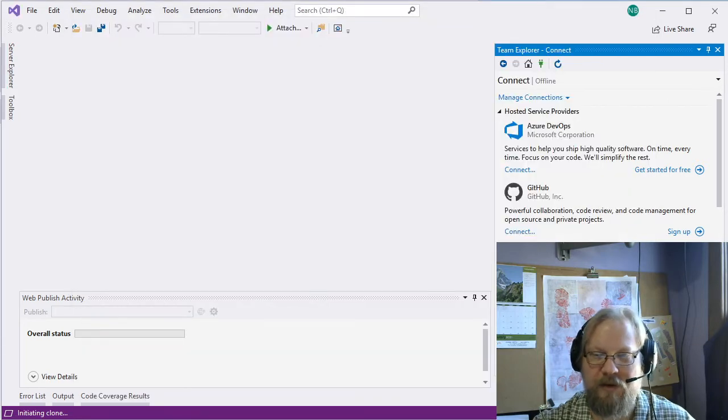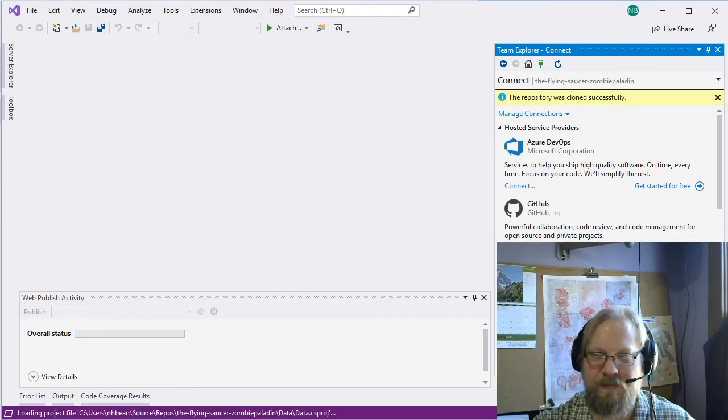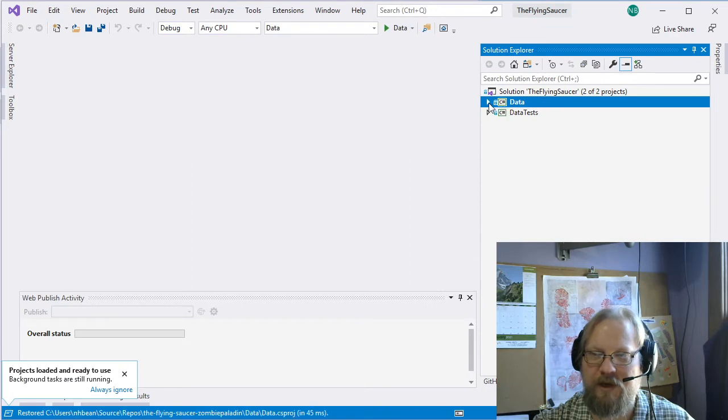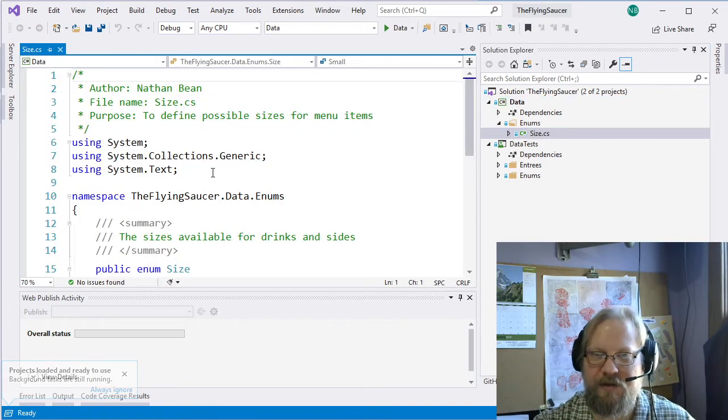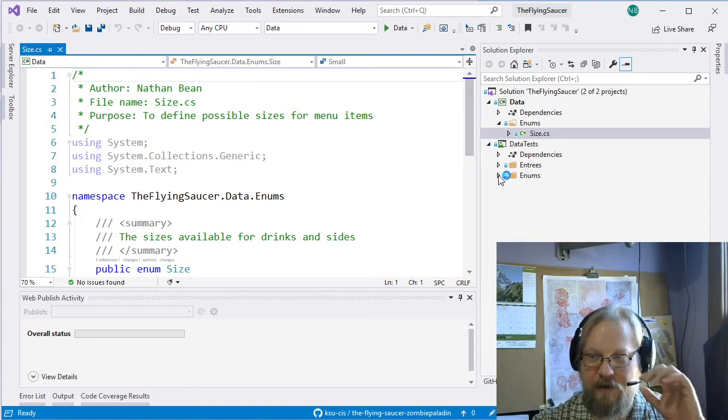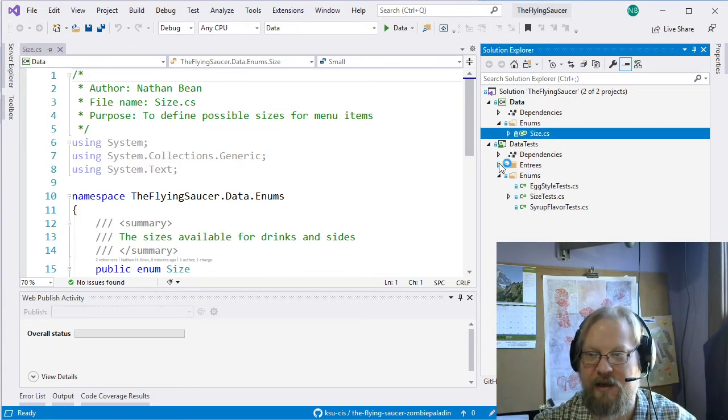So we'll go ahead and clone that. It'll take just a moment to pull down our code from GitHub. If we go back to our Solution Explorer, you'll notice that we have two projects, data and data tests. I've given you one enumeration that is our size enumeration. And I've also given you all the tests for the entrees and the enums that you're going to work on